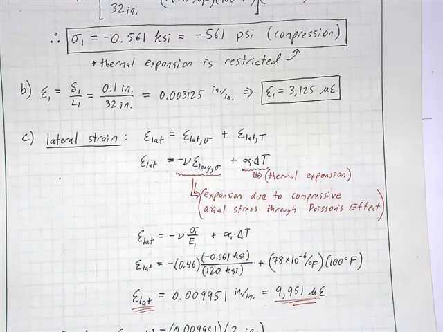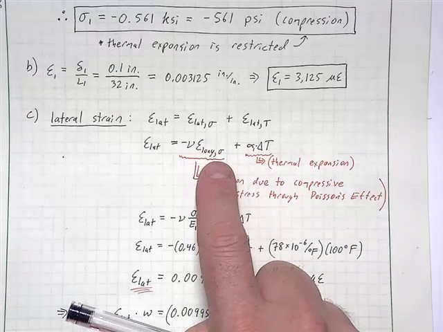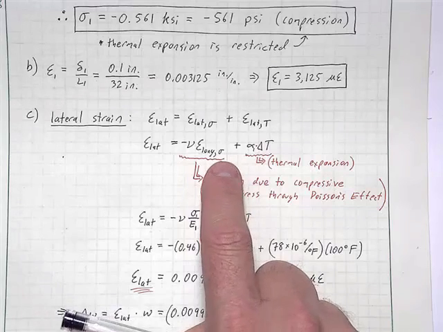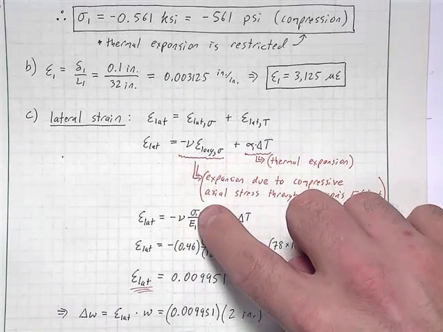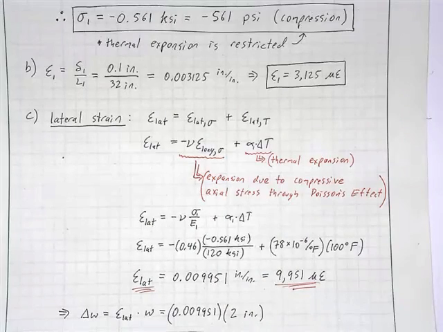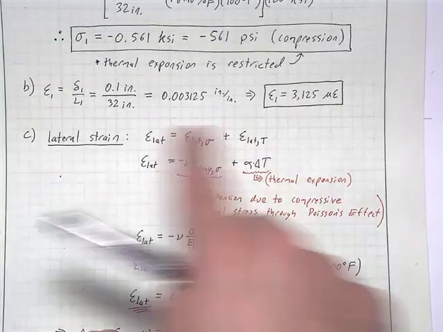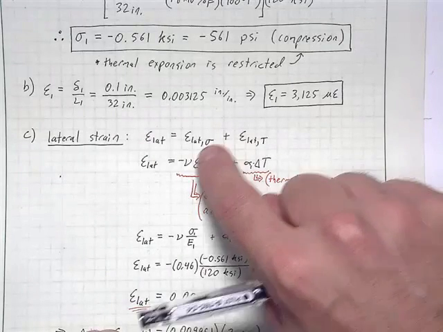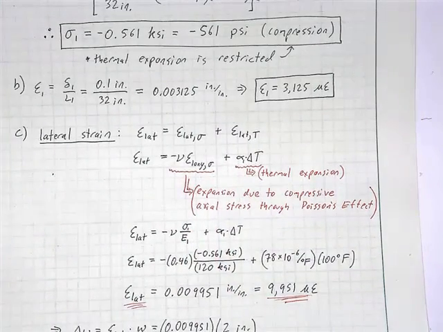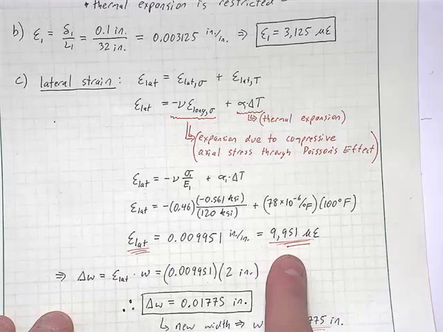Okay? So this longitudinal strain due to the compressive stress, well, that's just going to be the compressive stress over its elastic modulus, right? Be careful here. This is not the strain we found here, because this is the total strain. Here we're just saying this is just the strain due to stress, which is just the stress over the elastic modulus. Okay? So our lateral strain then, once we plug everything in, we just get a strain of